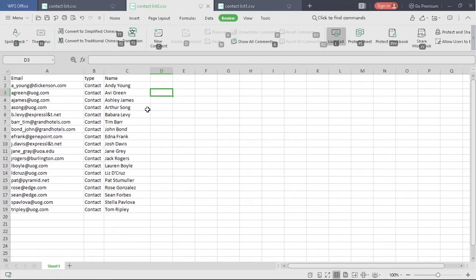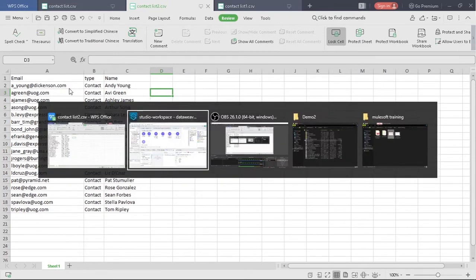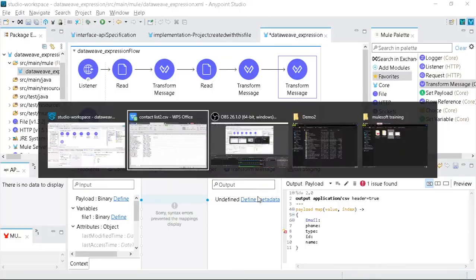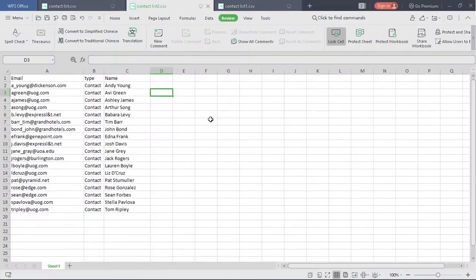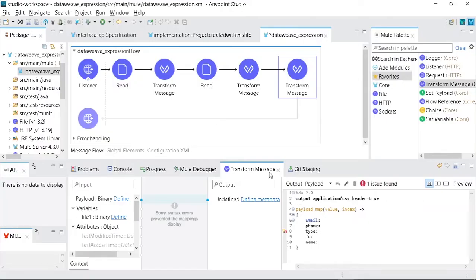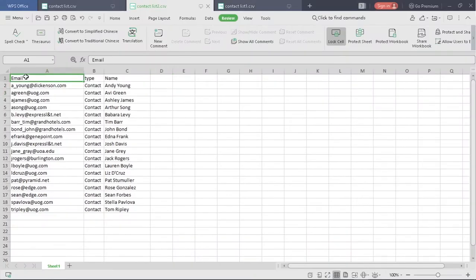So we can directly take these values inside the corresponding columns. Because email, type and name are already found in contact list 2, that's why I will write value dot and this column name.